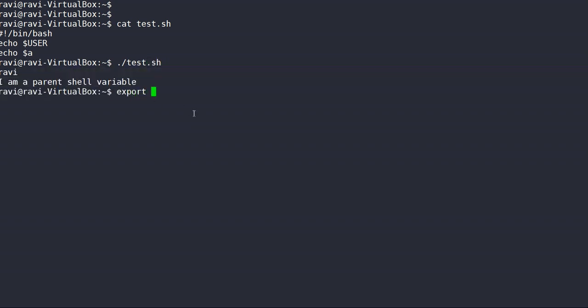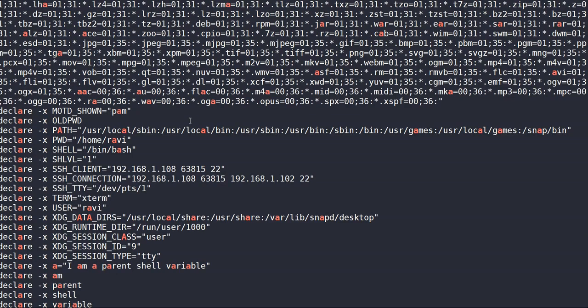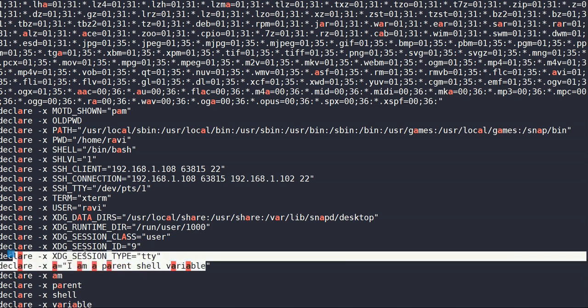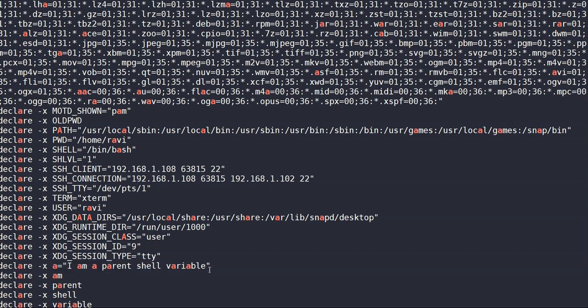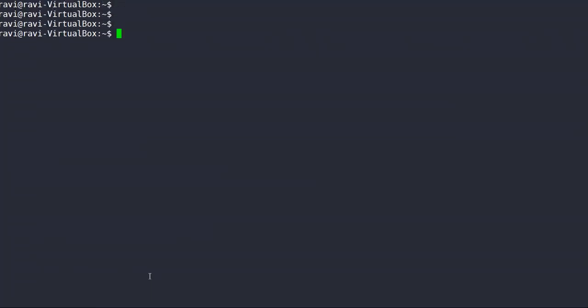And why is this visible? Because if you do export -p and grep a, you see it is visible in the export -p output. What is visible in export -p can be passed from parent to child. To add to the list of export -p, we have to use the export command. And in this way, we can also export a function. Let me take an example.